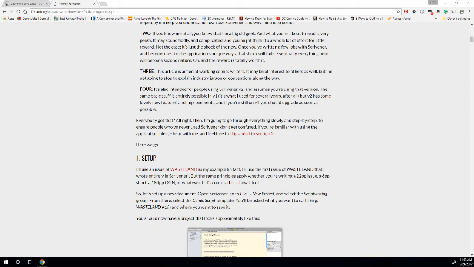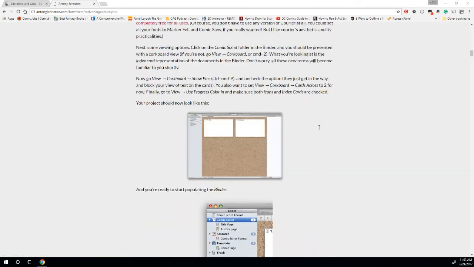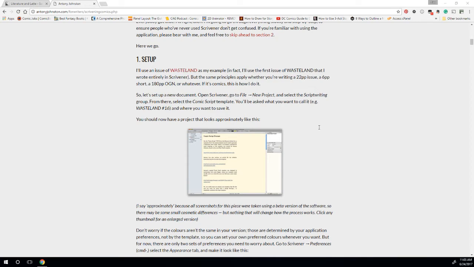So if he has this page showing all these steps to take when you're using Scrivener, why make this video? Well, that's a good question. If you're an artist like me, you probably or hopefully spend more time drawing than writing. So that means you may go 3, maybe 4, 5, 6 weeks at a time without playing with Scrivener, and you may forget things, how to do simple, common things. At least I do. So if you're one of those guys that have a photographic memory, then this video is probably useless to you. But if you're like the rest of us,